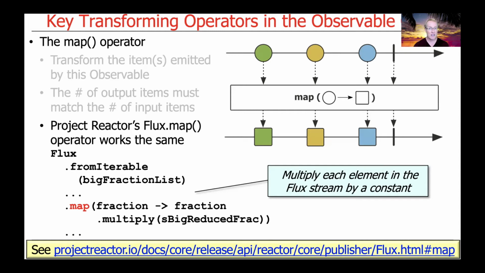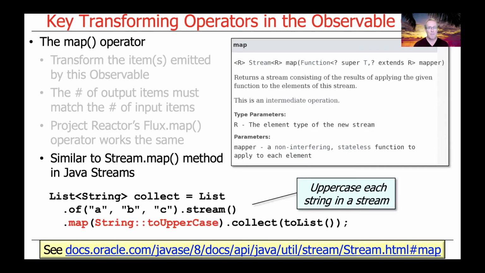So here you can see basically the same code as we saw before, except this time rather than using an observable and the from iterable and the map operators, instead we use Flux from iterable and map operators. So there's quite a bit of consistency with these basic transforming and factory method operators in both RxJava and Project Reactor. The map operator you see in RxJava and Project Reactor is actually quite similar to the stream.map method, or